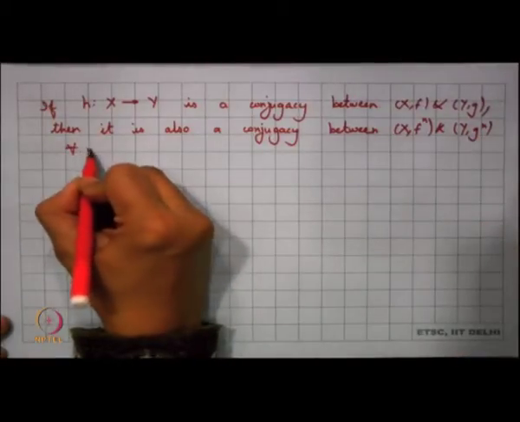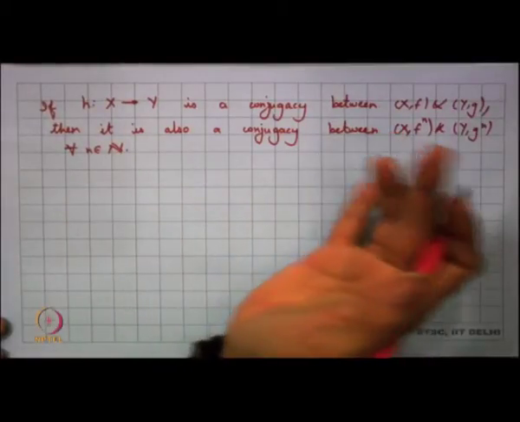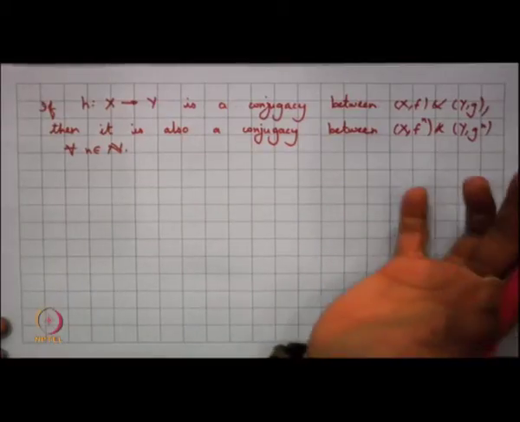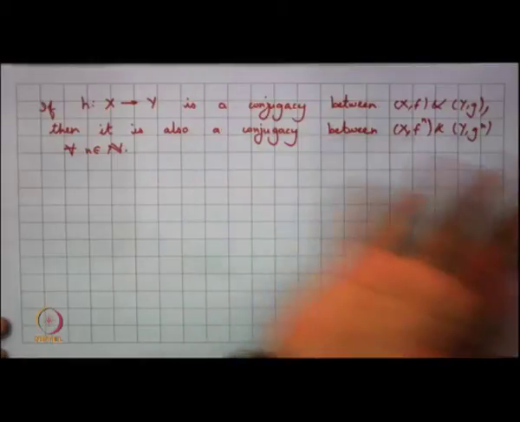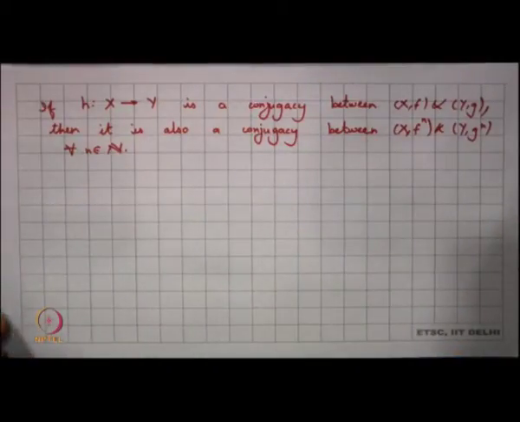For every n in N, I can take any power, right. It is going to be a conjugacy. If my f and g are homeomorphisms, we can basically take n belonging to Z, because then it will be a conjugacy for the other aspect also. So, if my f and g are homeomorphisms, we can look into n belonging to Z.